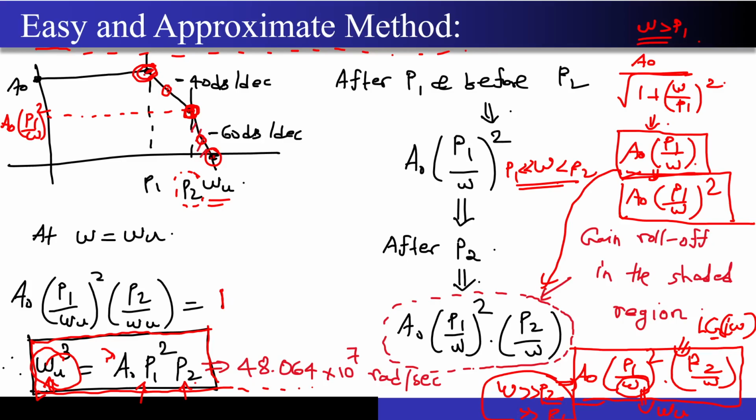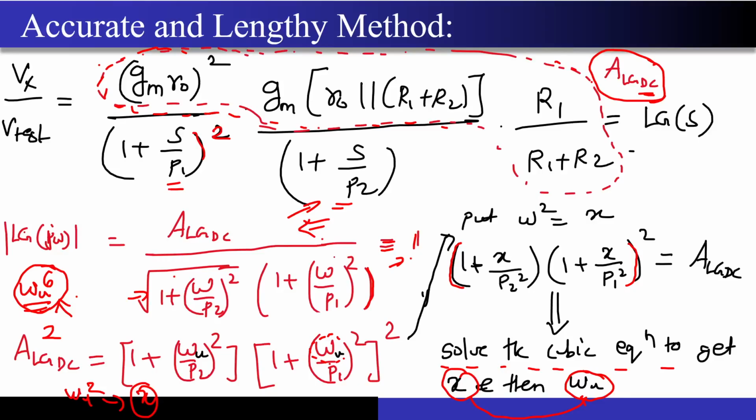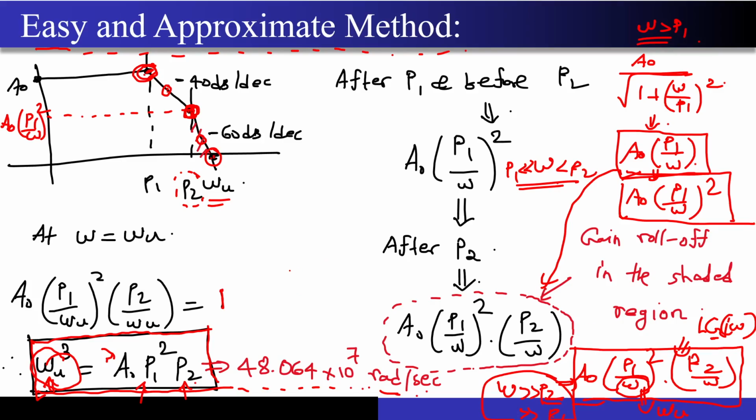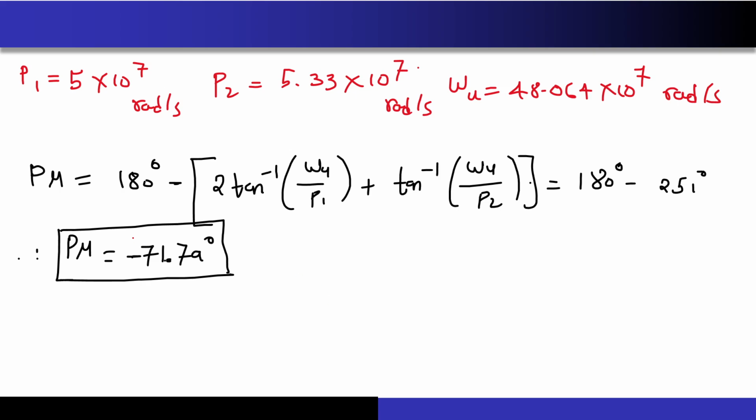That value will come out to be something like 48 into 10 to the power 7 radians per second. This value will differ from what you will get from the exact method, but remember that the variation will be small, maybe 10% or 15% of error, not more than that. So this is a very simple method using which you can approximate the value of the unity gain loop frequency. Now once this is done, once you know the value of omega u, you know P1,